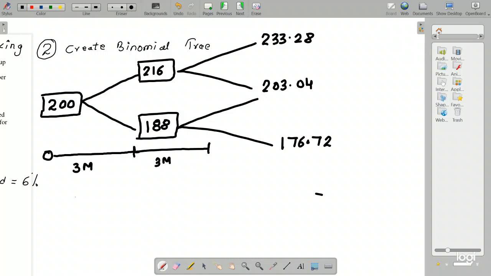This is the projected spot rate after 6 months based on the given information, which is 8% and 6%. So we keep on branching out our tree in such a way that whatever the spot rate is, we are making it an upward trend of 8% or a downward trend of 6% and hitting our new branches therein. Because it is a 2-period model, we are going to stop here, because now it's decision time. What do I mean by decision?